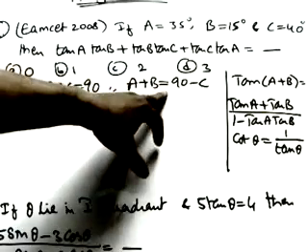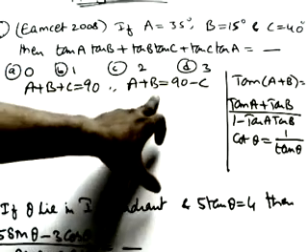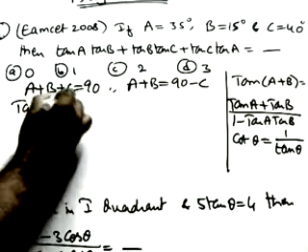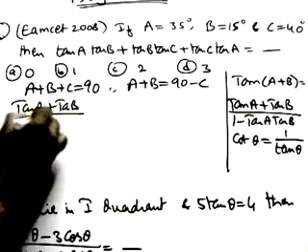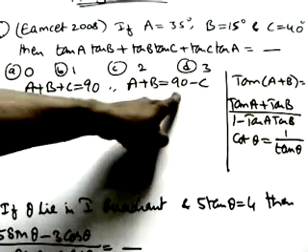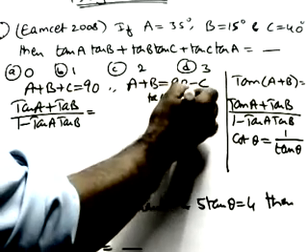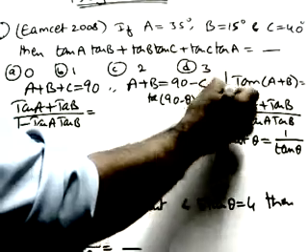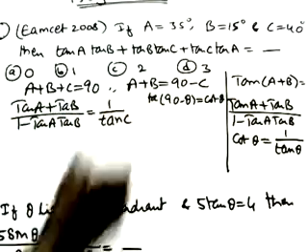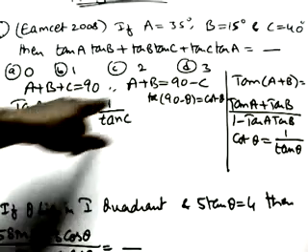Now we want it in terms of tan. So we apply tan on both sides. If you apply tan here, it will be tan of A plus B. So tan of A plus B, we know the formula, is tan A plus tan B divided by 1 minus tan A tan B. Now see here, if you apply tan here, tan of 90 minus theta is cot theta. So this will become cot C. We can write cot C as 1 by tan C.